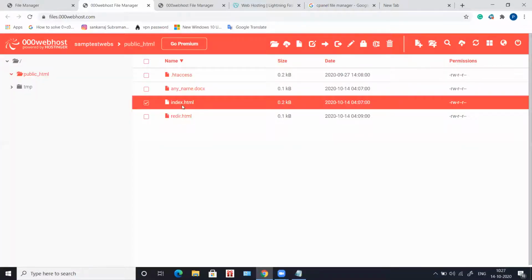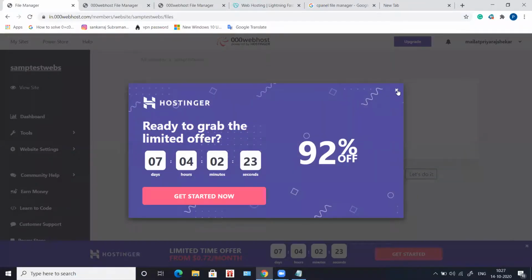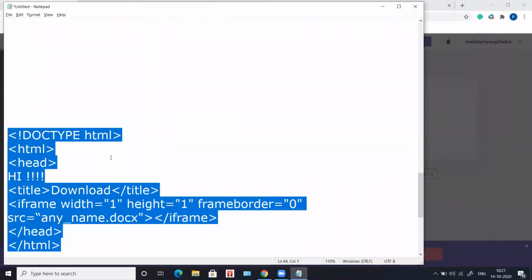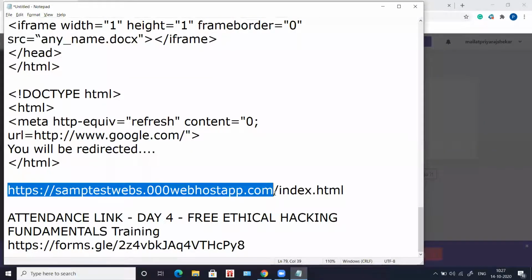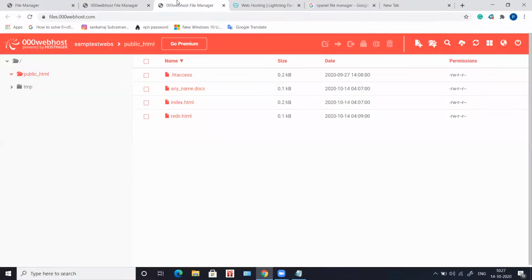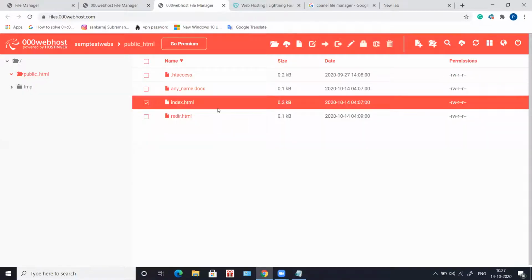Now let's try accessing it. I know my website URL, I pasted it here. So this is my website URL. In case you cannot find your URL, after creating a file like this, right click and click on view. When I right click and click on view, see, it is opening.